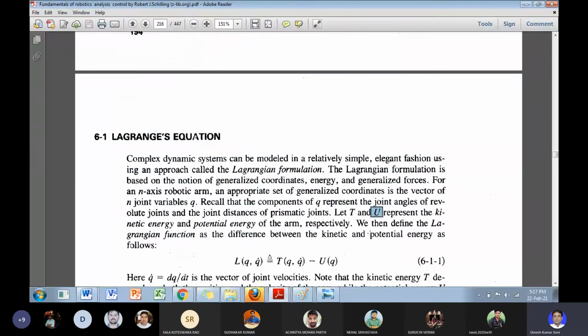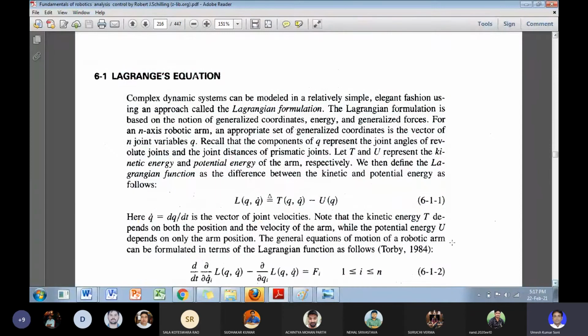Every link will have some angular velocity, linear velocity, and orientation and position. So it will have some definite kinetic energy which will vary according to the speed and orientation. So total kinetic energy minus the total potential energy of the complete system will define the Lagrange